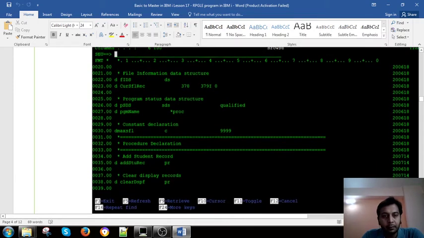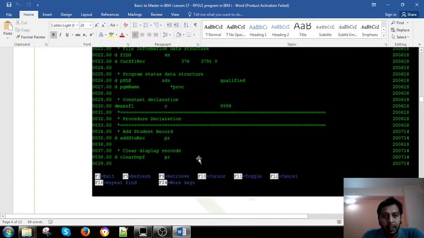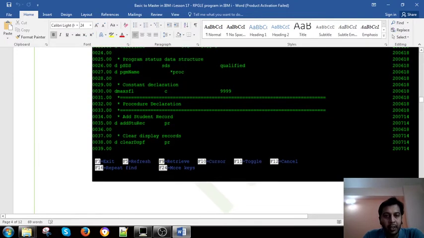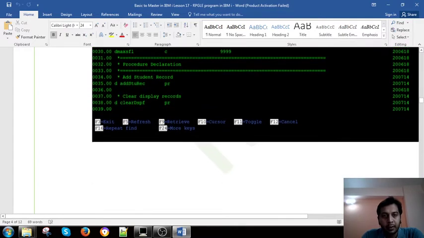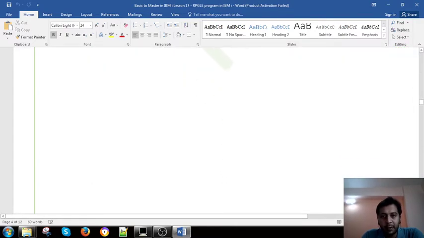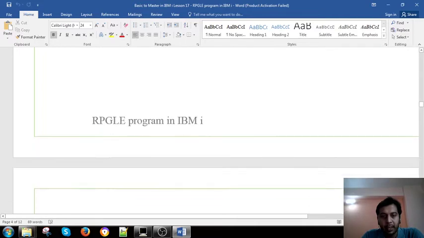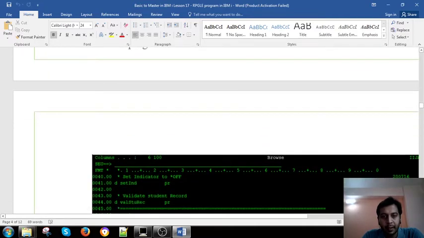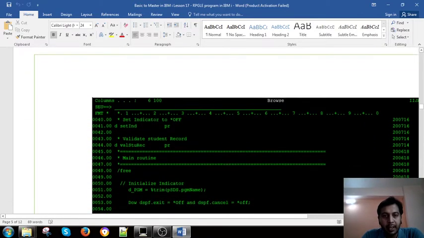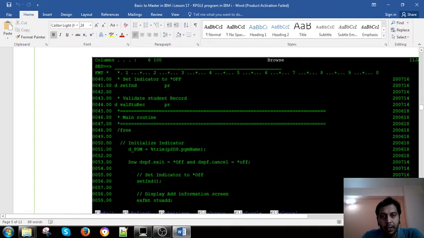This is a procedure declaration that we did. We have declared some procedures like subroutines, but I have not used subroutines. We can use subroutines even here, but I have used procedures, such as add student and clear DSPF. These are the procedures I have used. This is the set indicator, where we want to turn the indicator off, and validate student record.